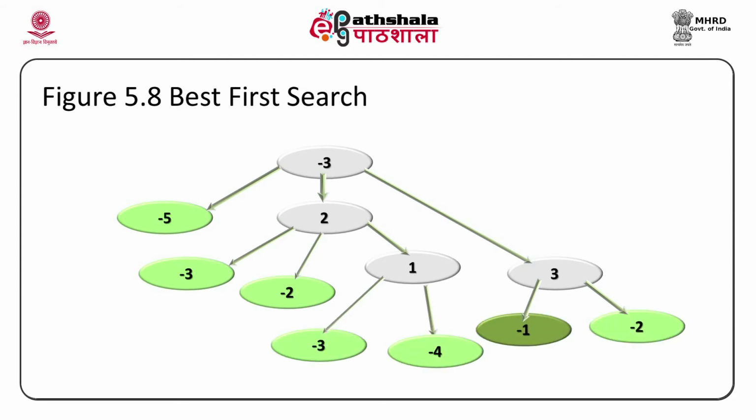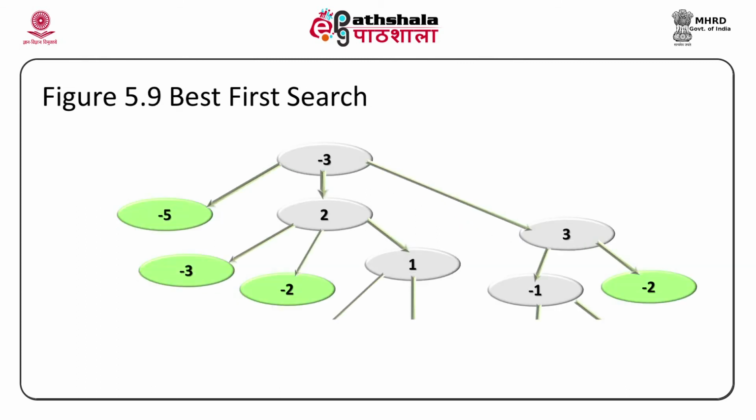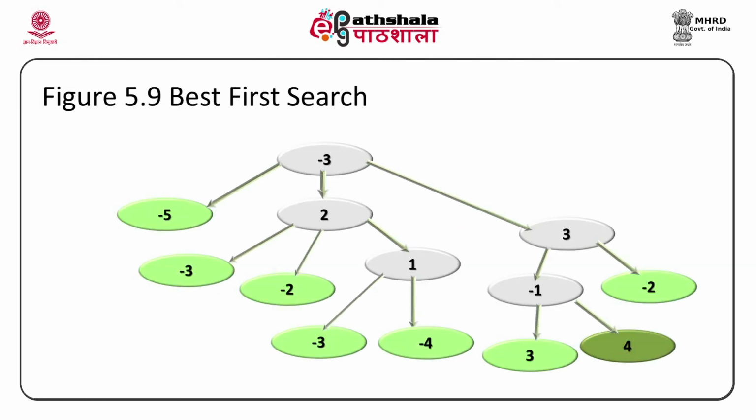So, what we have, for 1 we have -3 and -4. Now, you can see in this particular case -3, 2, 1 and 3, all 4 of the nodes are explored. -1 is the best node right now. So, we are going to explore it and so on and so forth. You can see that this search process is jittery obviously, and I have told you the reason for it. And you can see -1 is explored where 1 is 3, other one is 4.